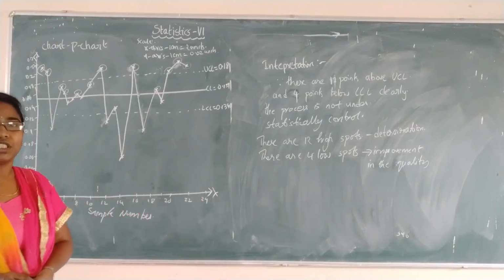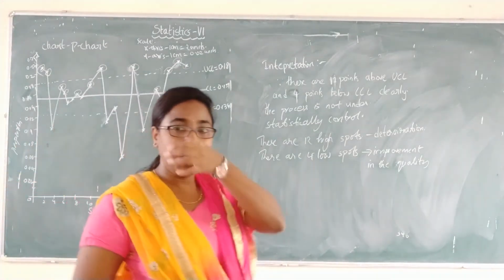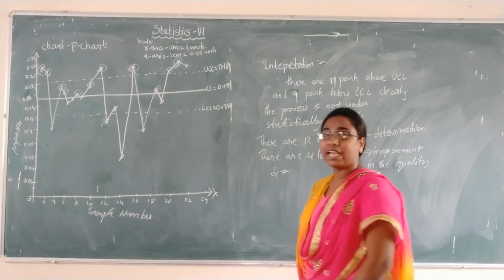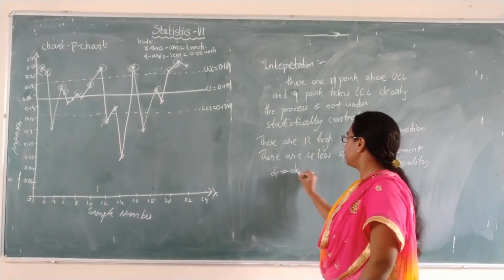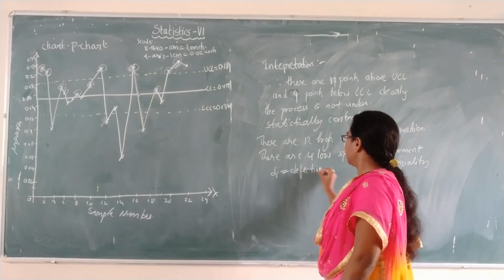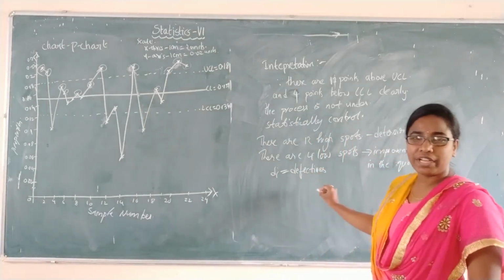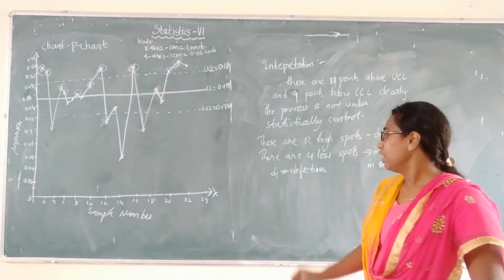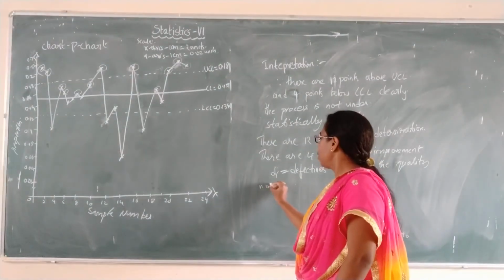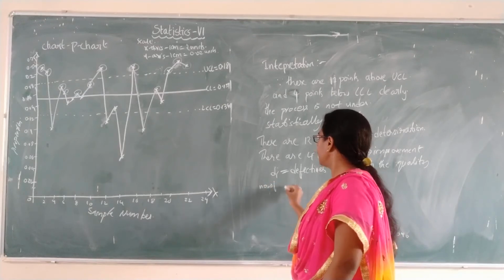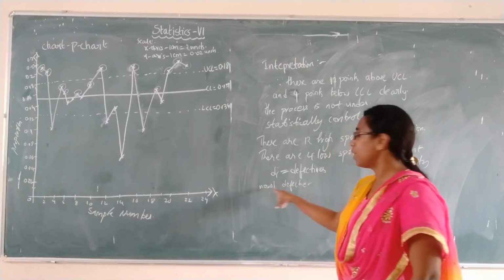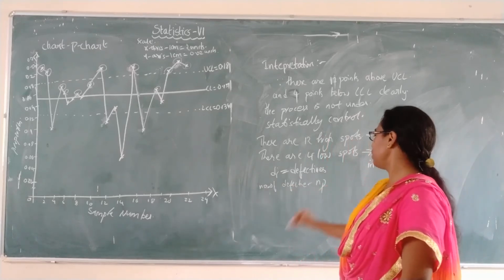So in our P chart, in the question you will have only the DI values. So what are DI values? The defective values. Defectives. So whenever you find defectives, it will be either a P chart or NP chart. If they are saying number of defectives, then you will use the NP chart.